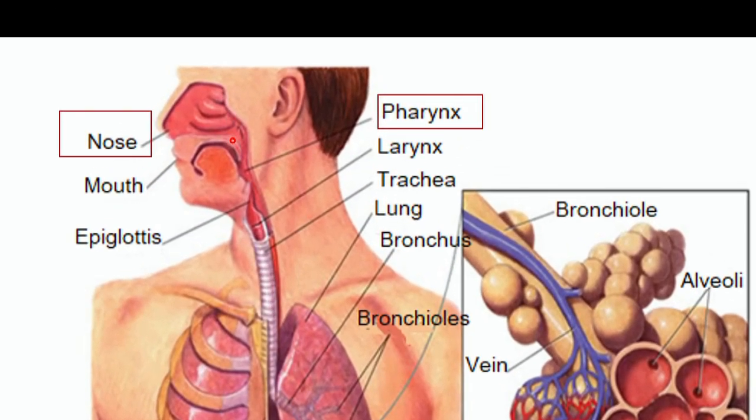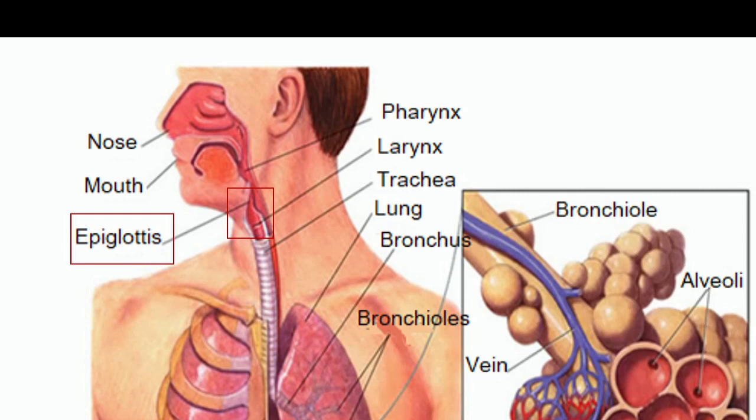The respiratory system begins with nasal passage, opening to outside by nares. The nasal passage opens into pharynx. The mouth also leads to the pharynx. There is a small flap like epiglottis that keeps the respiratory passage safe at the time of gulping. Pharynx at the end shows larynx, which has vocal cords.